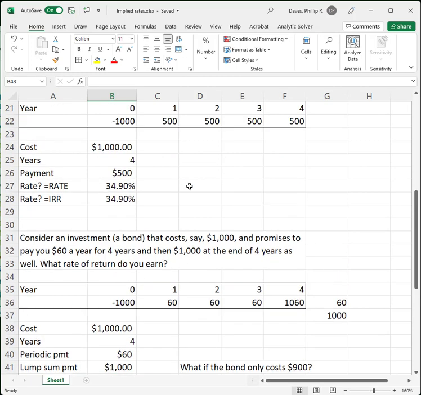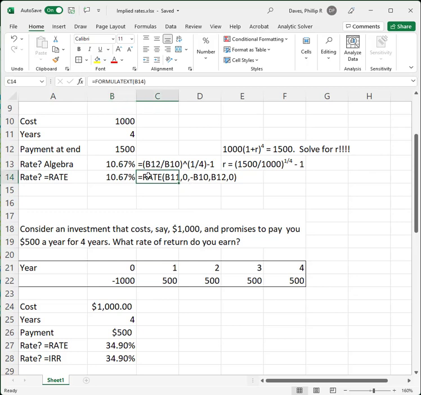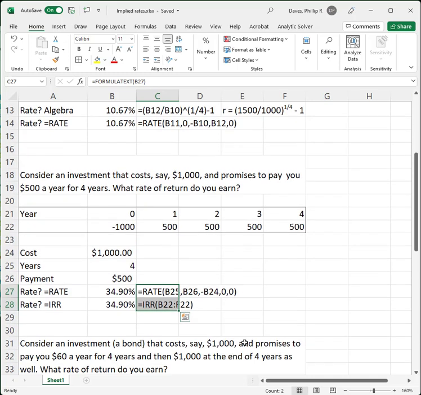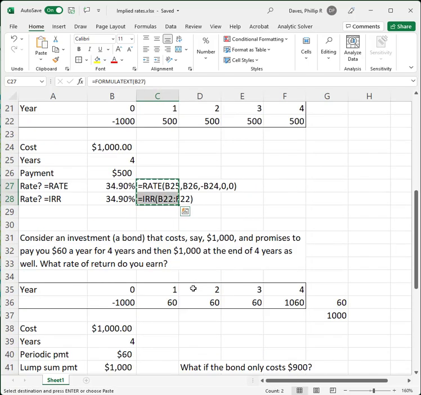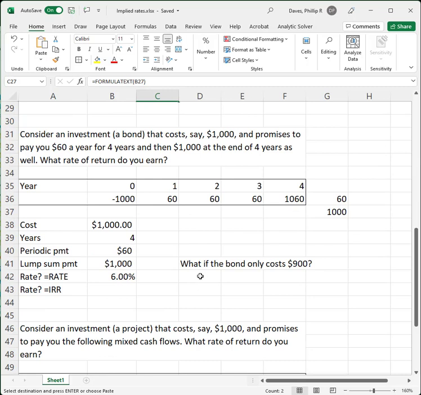Well, let me go ahead and give you some formulas here. Backing up just a second for the annuity, and you can pause the video if you need to. Here are the formulas for the annuity without a lump sum, and here are the formulas that we just did, which we'll do right here. So we just did this for the lump sum using the rate function. If we use the IRR function,